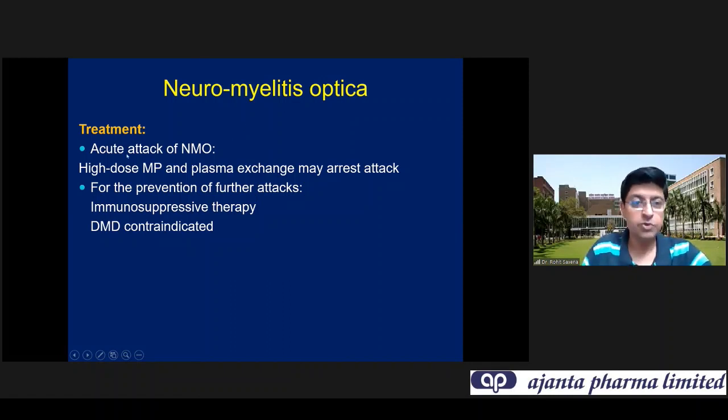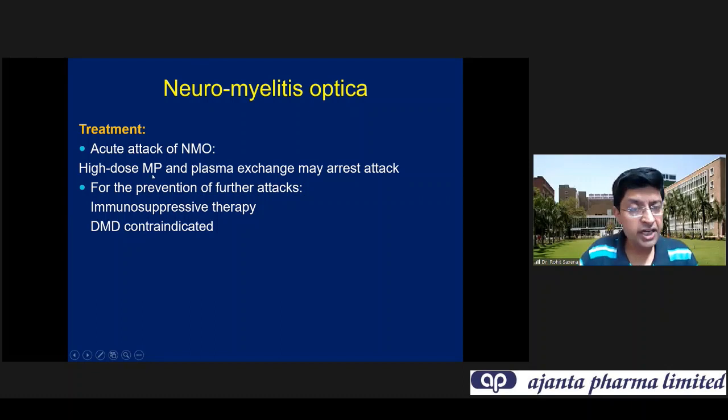The treatment of acute NMO becomes far more aggressive than what we used to do with multiple sclerosis. In an acute attack, you must give high-dose methylprednisolone. So 1 gram is given, often up to 5 days, depending upon the severity of the attack, the severity of vision loss and the speed at which vision recovers. That's why we now have a very high reflex for giving methylprednisolone, unless you are suspecting an infectious or inflammatory cause, in which case you would first do the investigation and then start steroids.